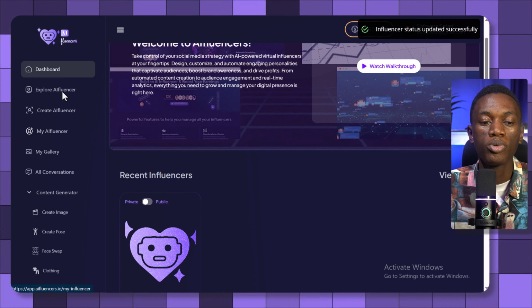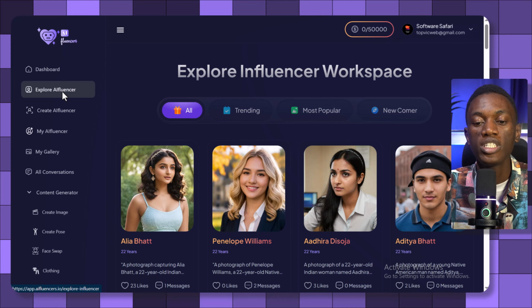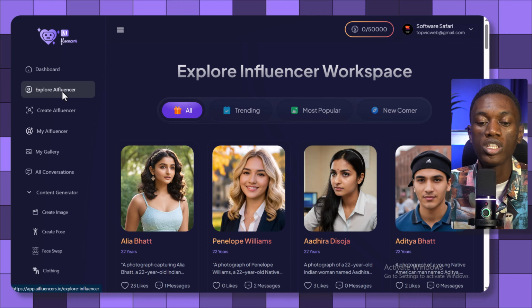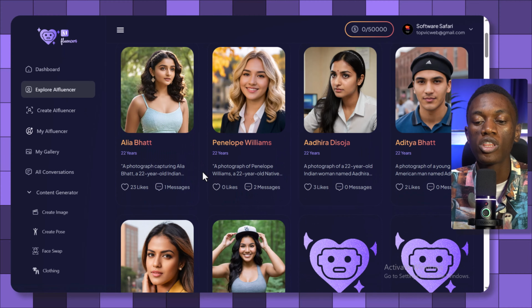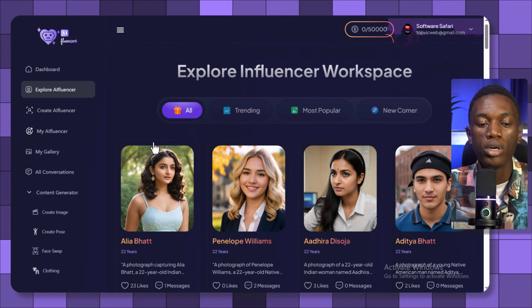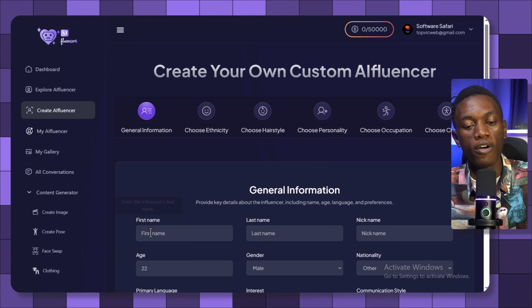You can explore AI influencers, and you can see the AI influencer workspace. You can see the others that have been created by other people, and you can also choose to interact with those ones. Next, we choose to create our own AI influencer, and we can include her first name,